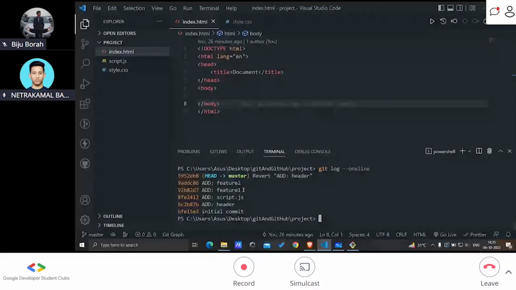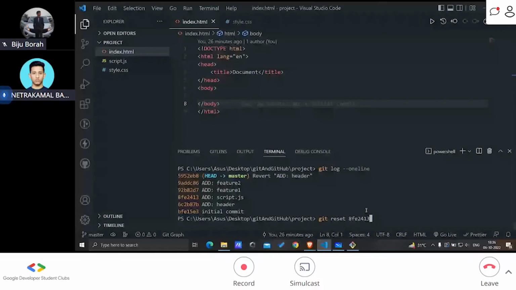So let's say git reset, and I will copy the hash like the previous one and press enter. Okay, and believe me, git reset does not ask you if you are sure you want to do this or anything like that. If you press enter, everything will be kind of lost. So if I hit enter,